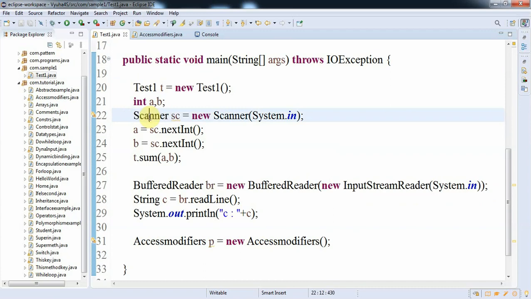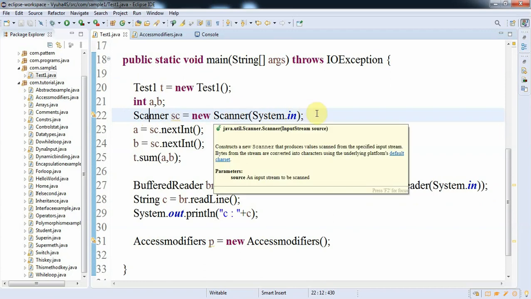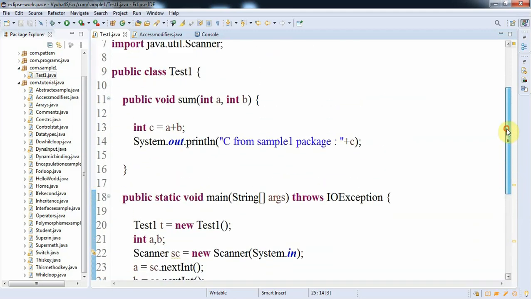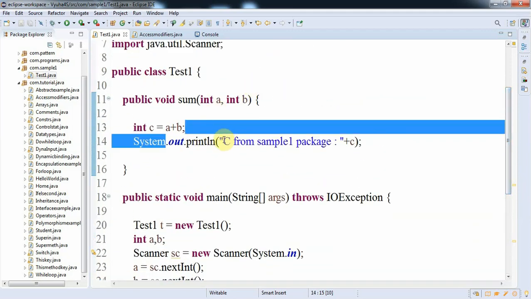Here scanner sc equal to new scanner of system.in, and in the next line you can see a equal to sc.nextInt, which means that when we execute this program, we need to give input values for a and b, and whenever we give those values, they will be stored in integer variables a and b. Then after, those parameters will be sent to sum method t.sum, and the addition operation will be performed inside sum method, and it will directly print the value of c over here.